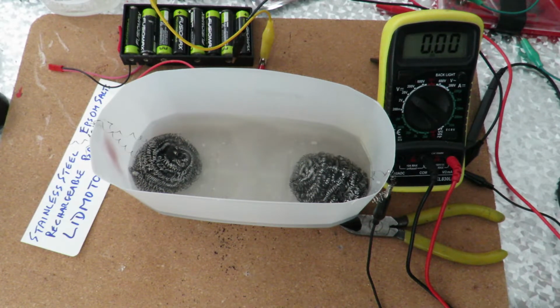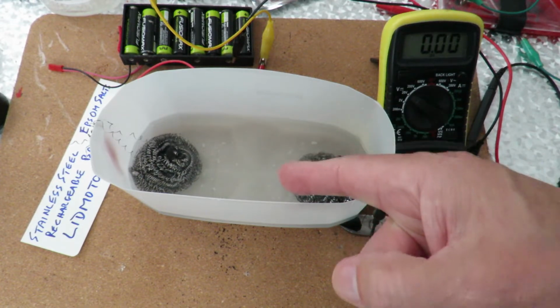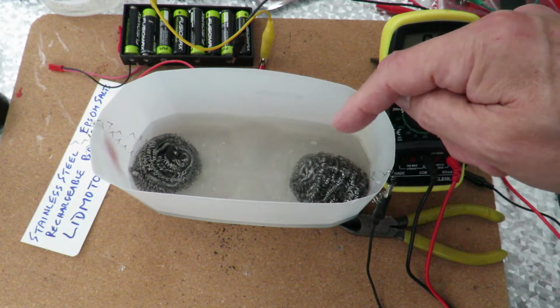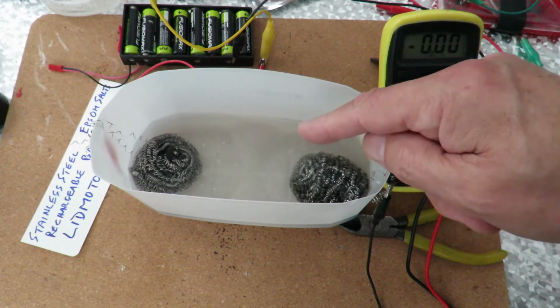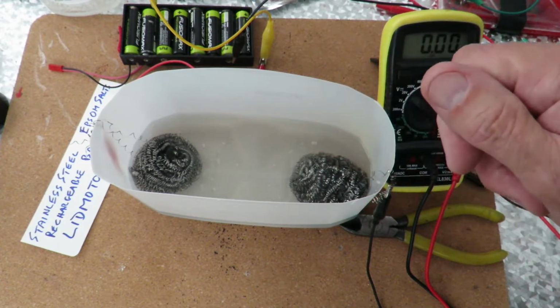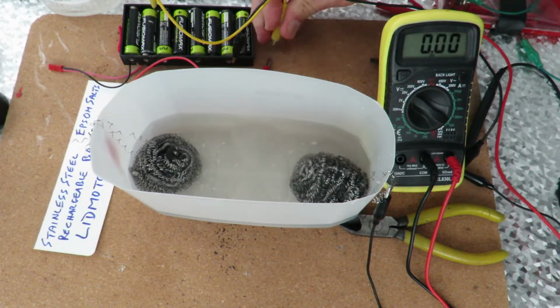We might get a problem here because I can see now this is cooling down. There's actually crystals forming. And I don't think that's anything to do with electrical action. I think that's just the Epsom salts crystallizing out as the water cools down. Anyway, if we disconnect the battery